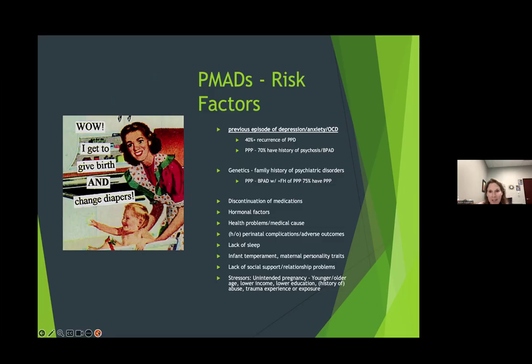So this is a slide with a lot of information on it, and really what I want to hit are the highlights: being able to look back and think about what risk factors I'm seeing in women, because those risk factors will help us to identify who might be more likely to go on to have an issue. Certainly the biggest ones are a past history of postpartum depression or a past history of postpartum psychosis for those respective disorders, and a family history, especially for postpartum psychosis. There was just recently another article really reinforcing how important that is as a risk factor.